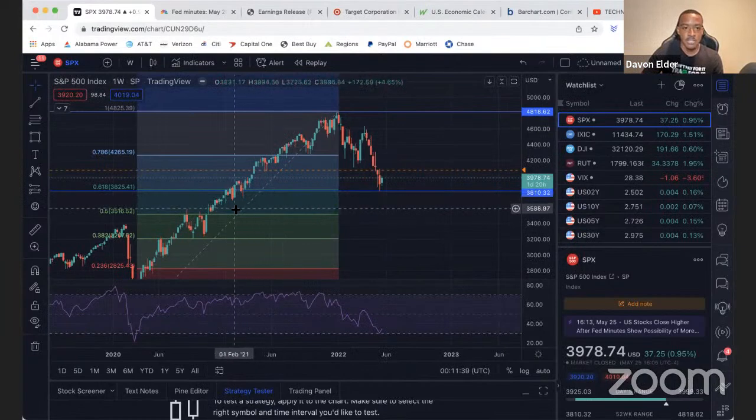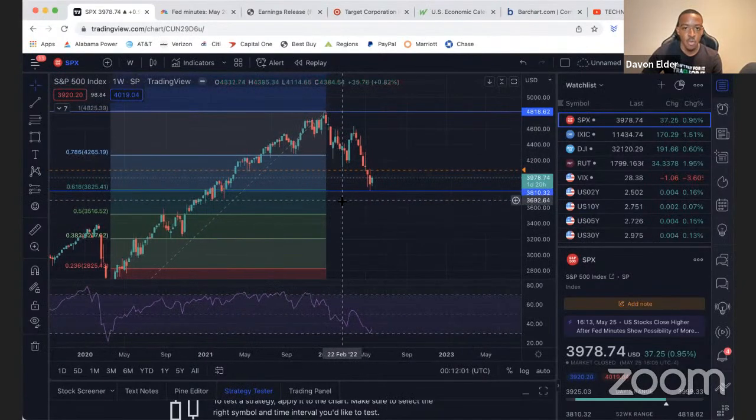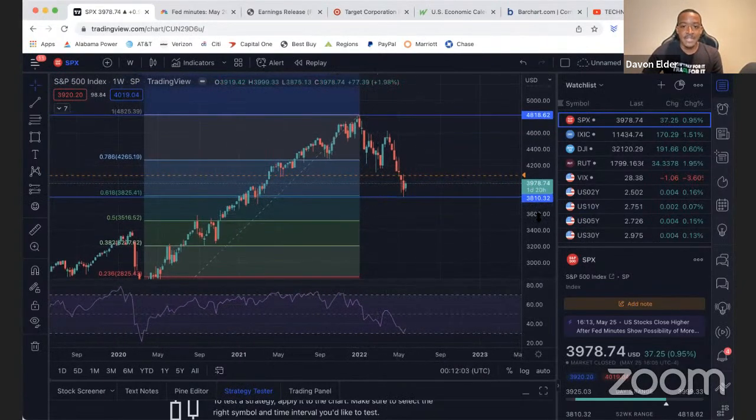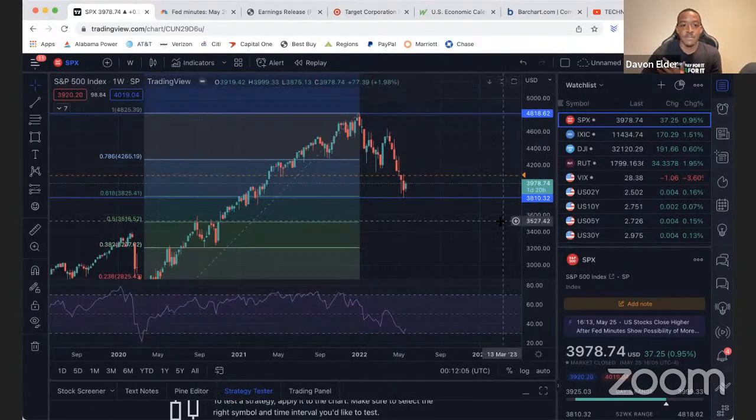So since we had a previous all-time high on January 4th, 2021 at the level of 3,826.69. That was the previous all-time high for the stock market. Guess what that coincides right with? That coincides right with the 61.8 fib level. Okay, so that's a situation to where I may look at it from a technical standpoint and say, hey, the bottom is probably in.